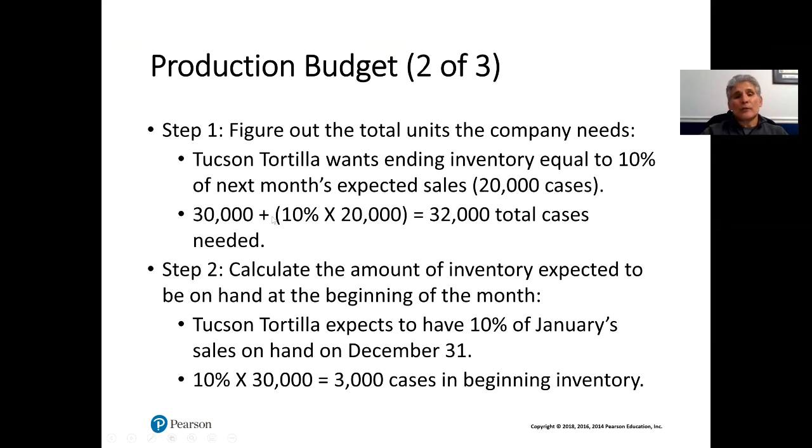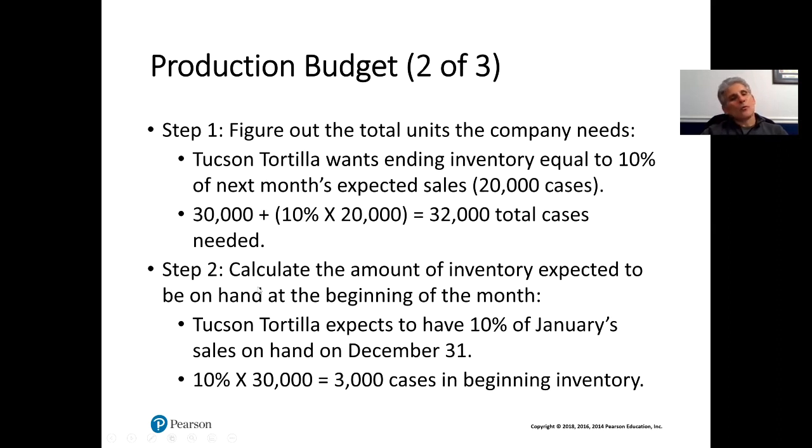So we know we want to sell 30,000. We want to add to that 10% of the 20,000, which is going to be sold in February. That's what we're planning to do, which is going to be a total of 32,000 cases that we're going to need. We then have to calculate the amount of inventory expected to be on hand at the beginning of the